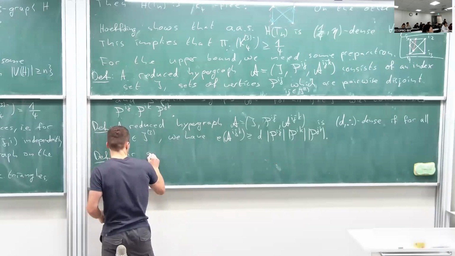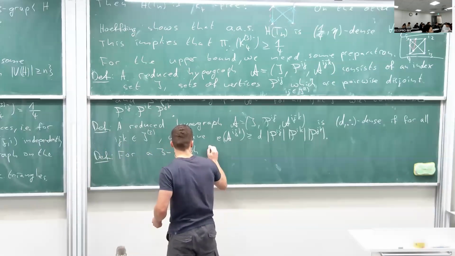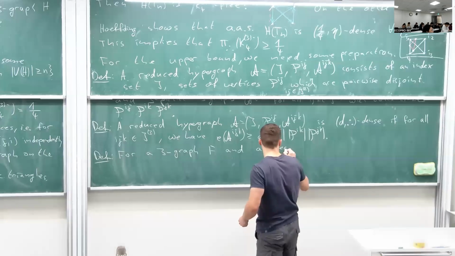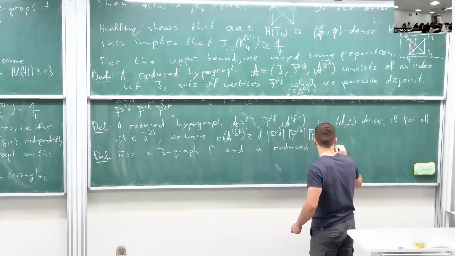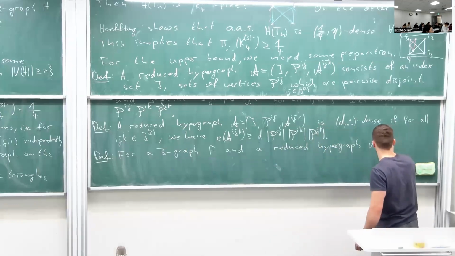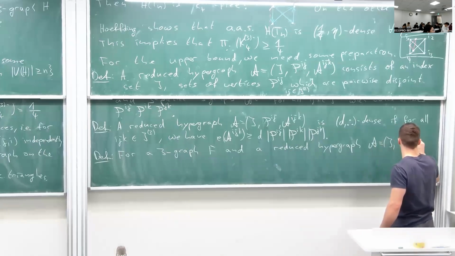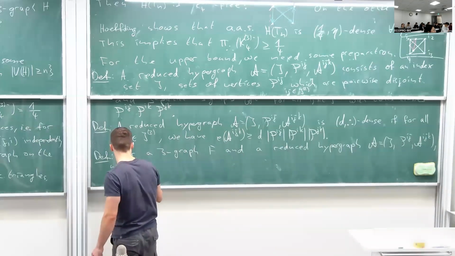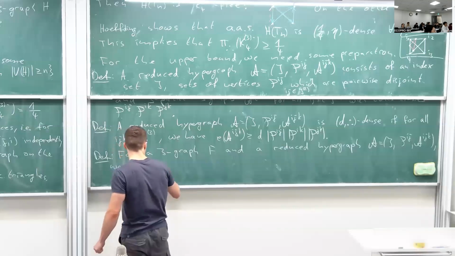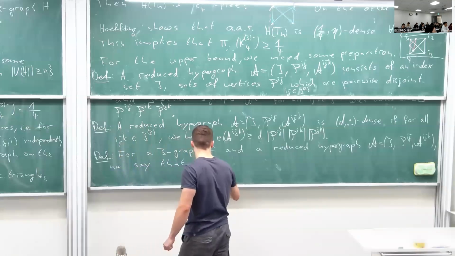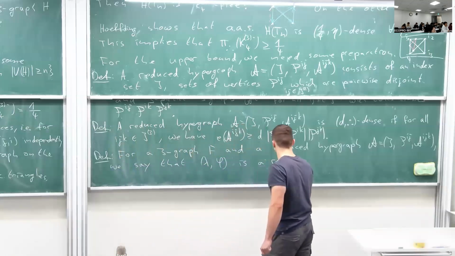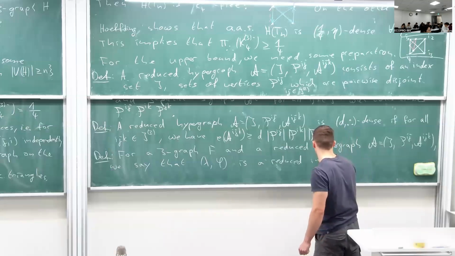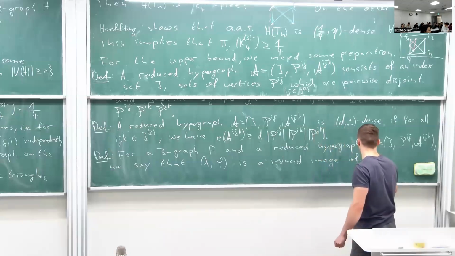For a tree graph F and a reduced hypergraph A, we say that lambda phi is a reduced image of F if